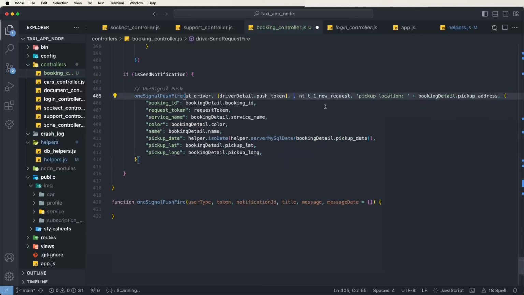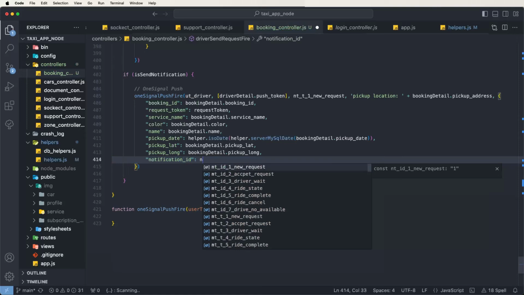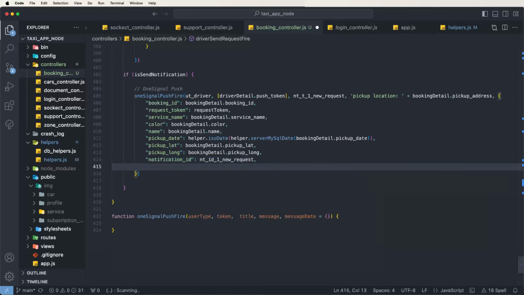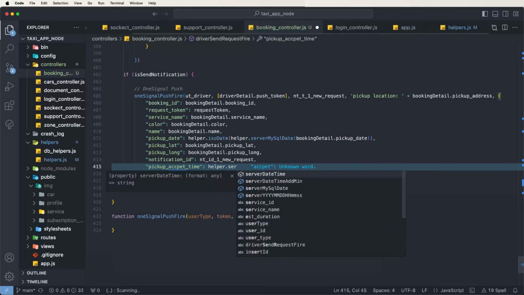Maybe this function inside no need this here the passing this data request type, request notification ID need to remove here to give this here the directly notifications ID is equal to notifications CS, like this. You need to write down CS and need to give this here the pickup last accept times. You need to put this here accept at time. Need to write down here helper dot server date time